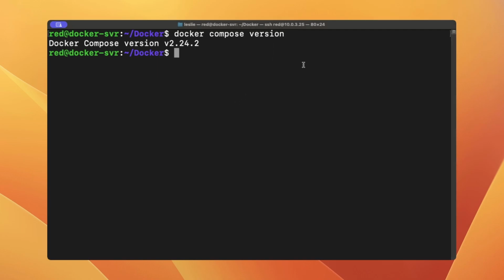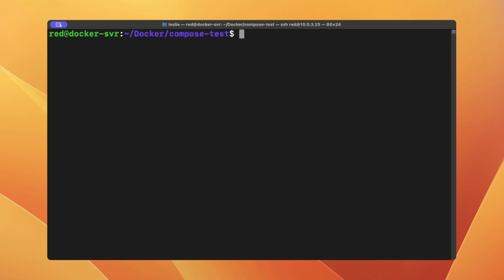I'm going to create a new folder, compose test, and I'll cd into it, and I'll create a new file which is called docker compose, and I will use the nano text editor. Nano docker compose.yml